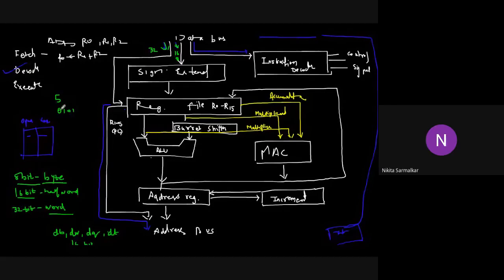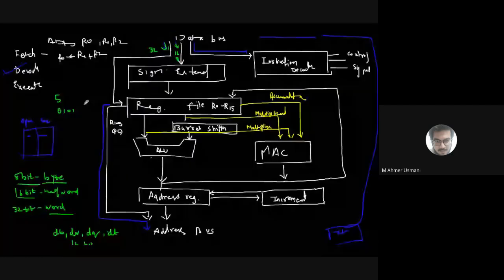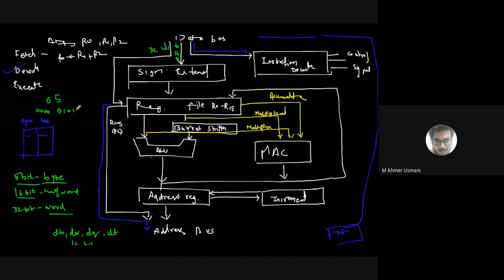Am I audible? Yes. So 5 can be written as 0101, and in hexadecimal with leading zeros. If you have to transfer this 8-bit data, you look at its MSB. If the MSB is 0, you add the extension and make 32-bit data. To make it 32-bit, whatever your MSB is, you have to extend that MSB. Why? Because MSB always stores what?